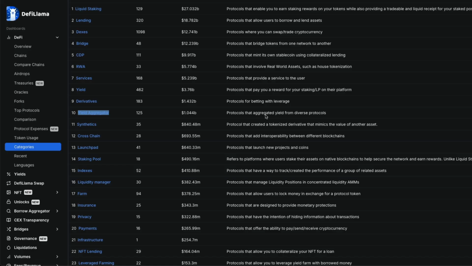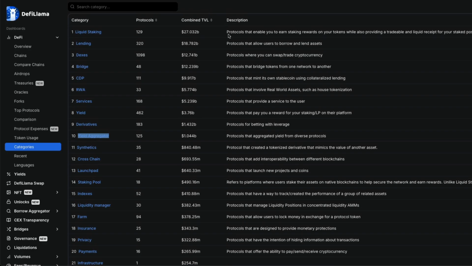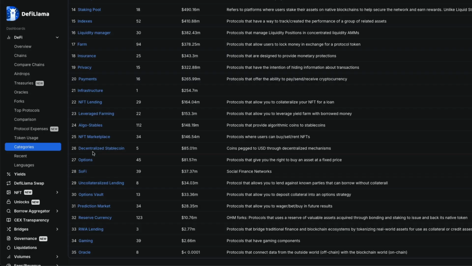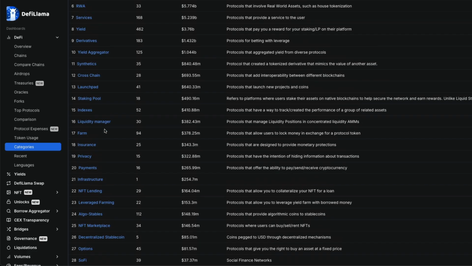But as you can see, there are a lot of other potential opportunities, such as using yield aggregators that try to find you the best yields. And the nice thing here is that in the description, they'll tell you what every single one of these does. So if you're somebody that wants to be a little bit more hands-off, you could look into yield aggregators that will handle finding the best opportunities in DeFi for you on your behalf, instead of having to manually locate them. And then, as you can see, there's a bunch of other categories which we didn't necessarily look into, but are opportunities for you to explore and discover what else is out there in DeFi.